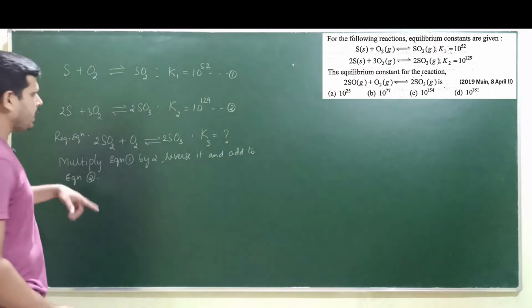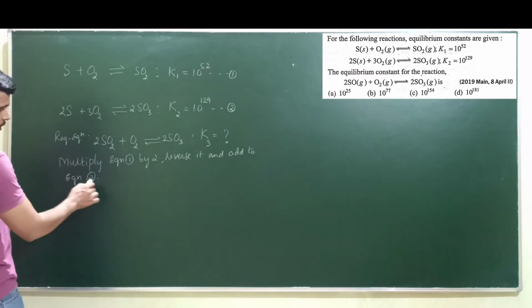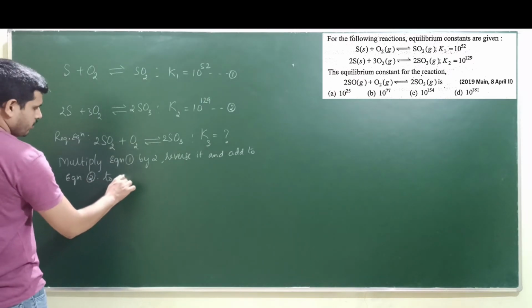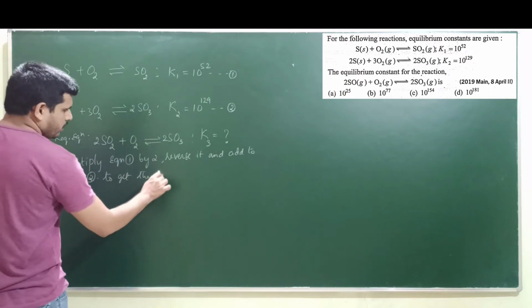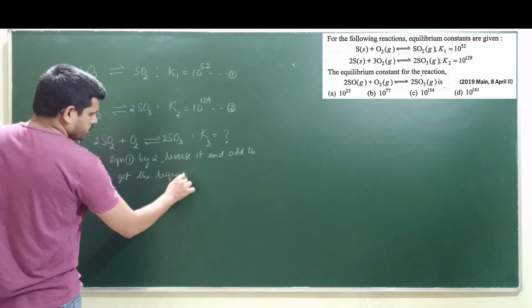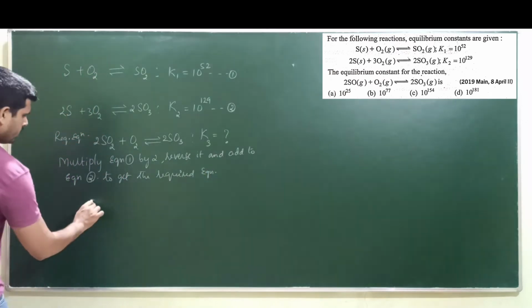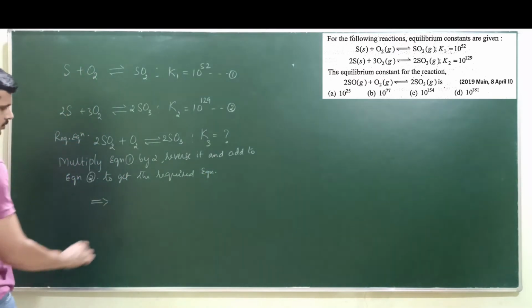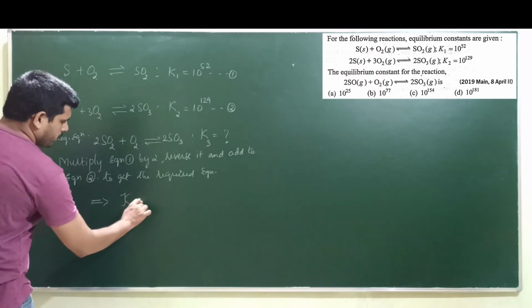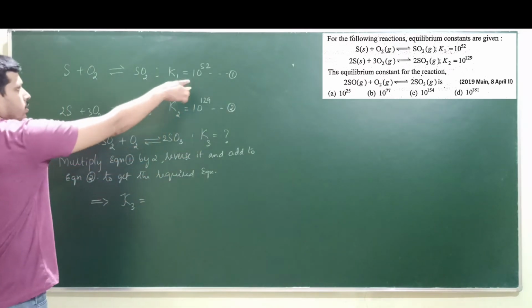So when we do that, we will get the required equation. Required equation implies K3, the equilibrium constant for the required equation, is equal to